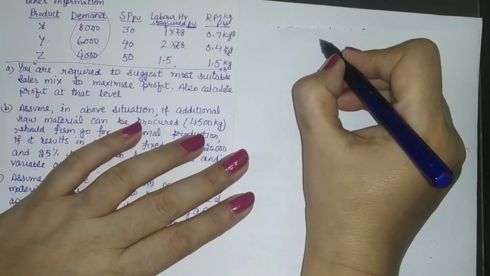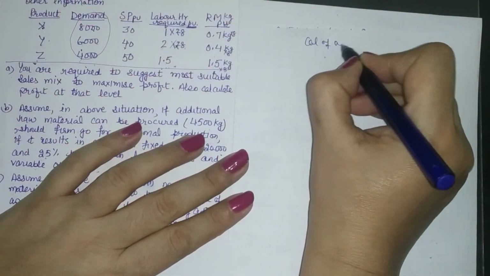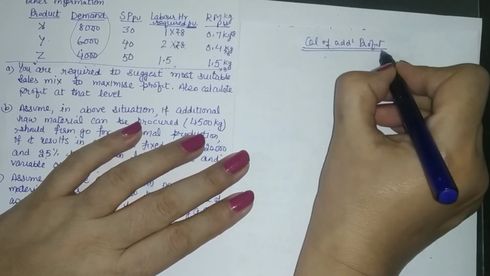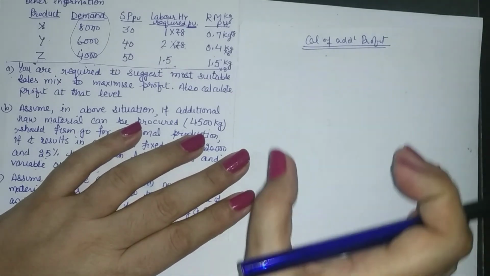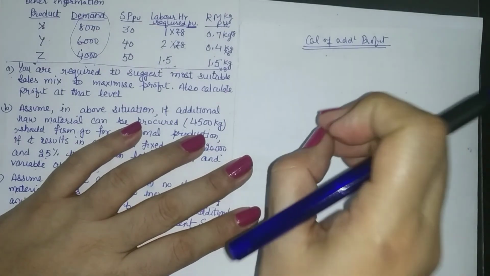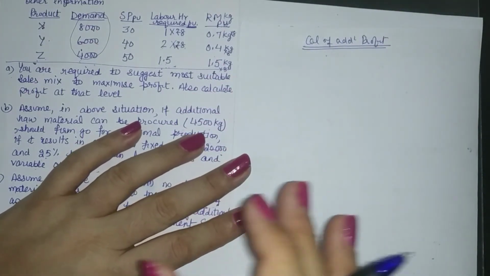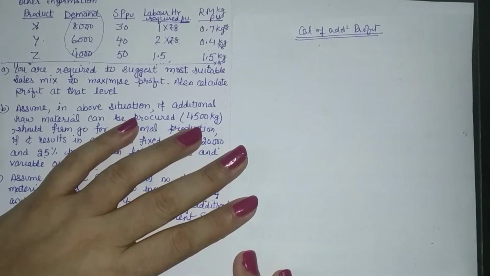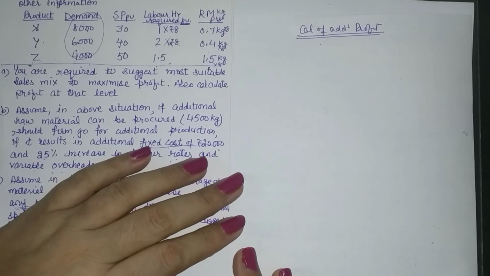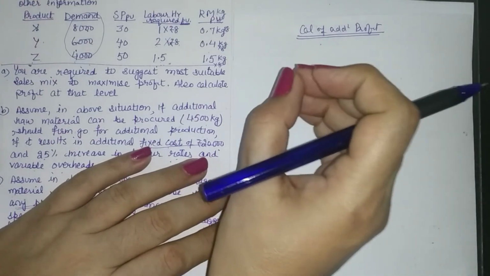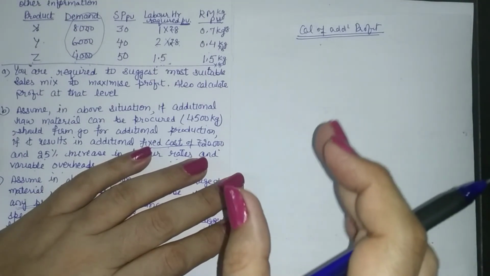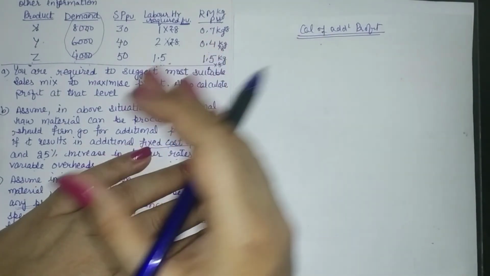Okay, so calculation of additional profit. You can name your statement according to your understanding of the problem, or you can do one thing, just leave the name right now and make the calculation. Then what you think fit, accordingly you can name it. That is the advantage of managerial costing. You don't need to remember the formats, preset formats. When you go for managerial decision making, everything depends on your understanding.